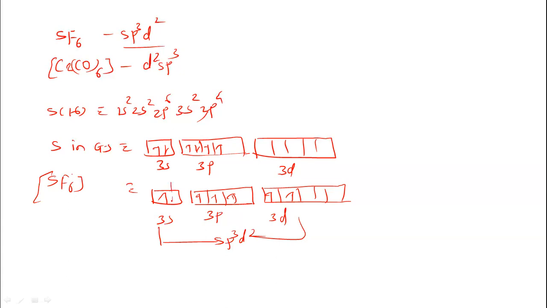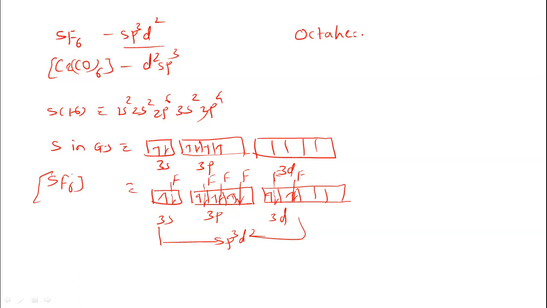So this electron can be shared with the electron of the fluorine atom. Similarly here, shared with the electron of the fluorine atom. Similarly here. The 6 fluorine atoms have electrons in their orbital and they can be shared with these. Therefore the sulfur atom undergoes sp3d2 hybridization, and for sp3d2 hybridization, the geometry is octahedral.